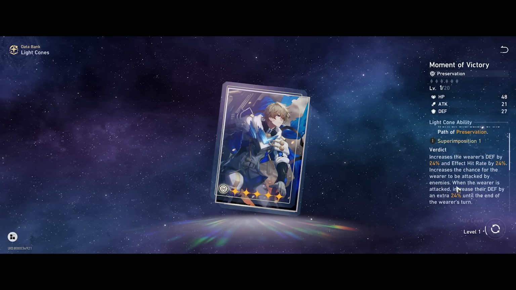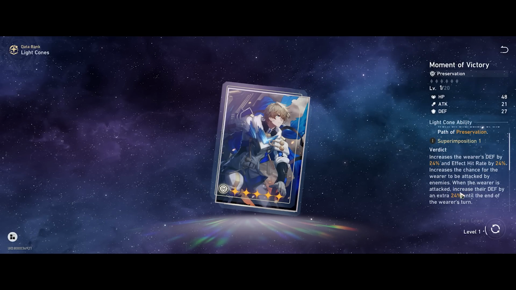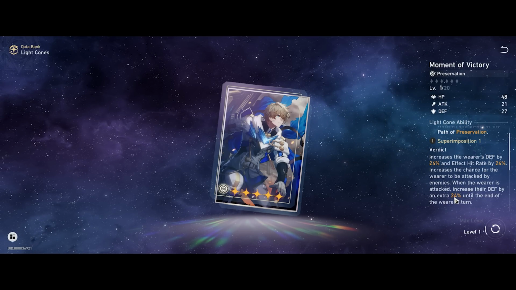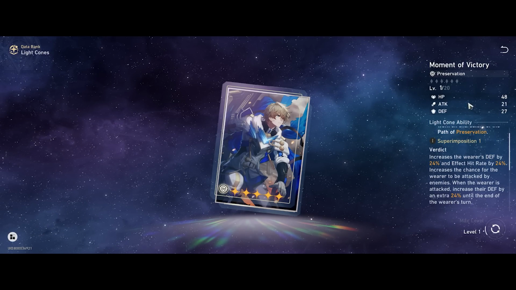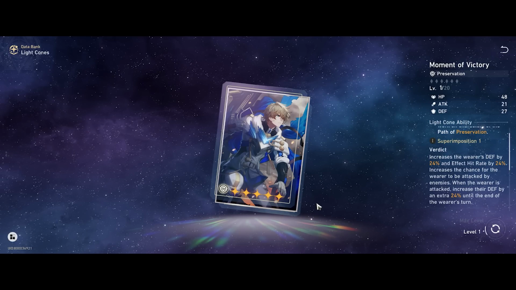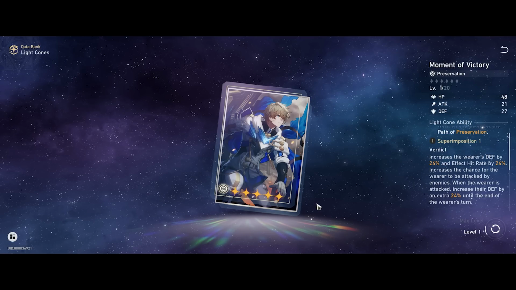He always freezes in the Memory of Chaos, as long as he has enough hit rate as well. Increases the wearer's chance to be attacked, so increased aggro draw, which is Landau's Choice basically, and when the wearer's attacked, increases their defense a further 24%. So a very solid stat stick as well, combined with the fact that it also has 5-star stat scaling. I think this is probably his best in slot, especially if you don't care too much about AoE team-wide damage, where Day 1 of My New Life offers